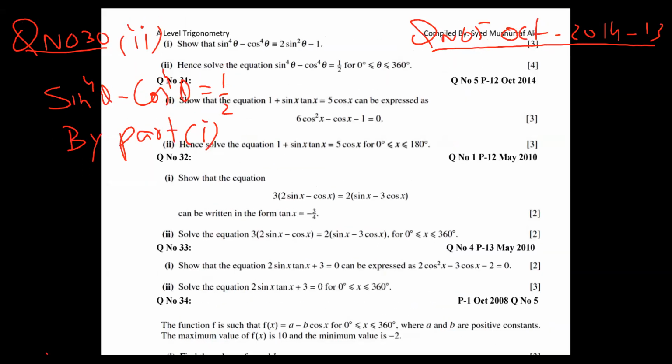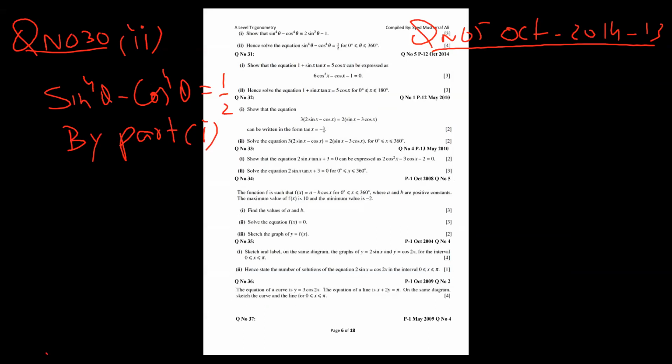Part 1 says this left hand side is equal to this right hand side. So it means I can remove this kind of thing, and I copy 2 sine squared theta minus 1. So this is the whole story. So let's see how I can manage now. Okay, so let's see, I can write